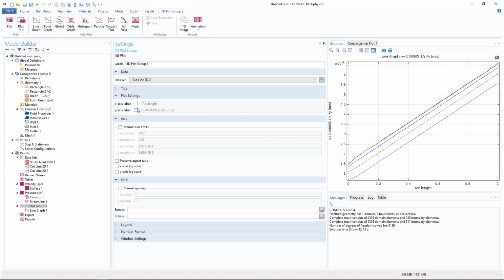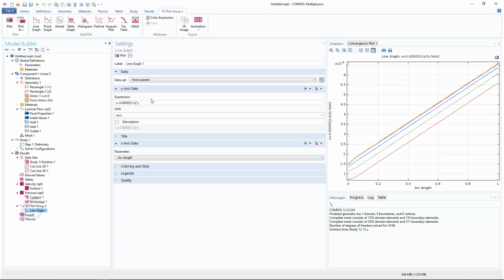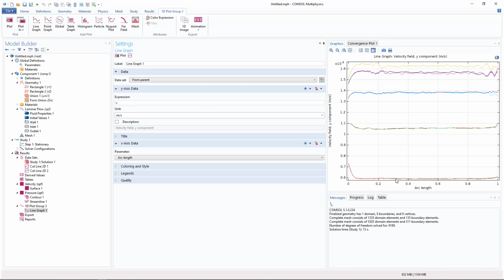Whoa, what happened here? Oh wait, that's right, we changed the expression to include a constant times y, which is now our x-axis, so we'd better fix that. Selecting line graph 1 in the left-hand panel, we can find the expression we added and delete it, leaving only the y-directed velocity. These graphs are naturally spread out because each one is measured at a different constant x value